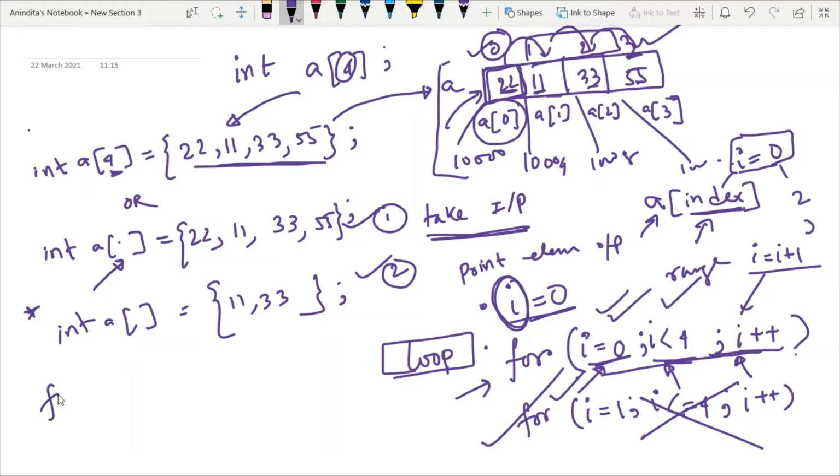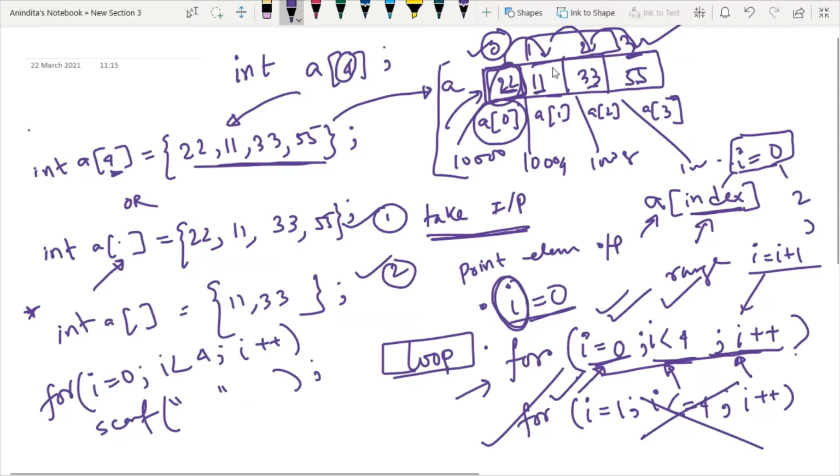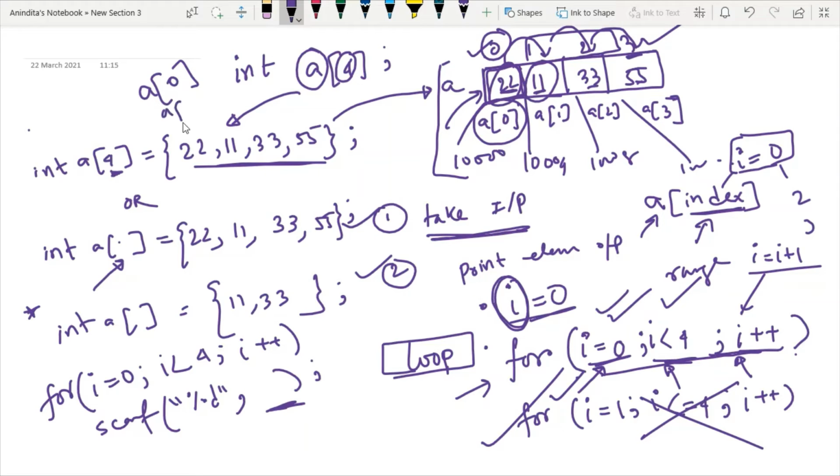Why are we traversing? We know that we have to take input from the keyboard. That's why we are performing traversal. So inside this for loop, we have to write scanf. We are using this function for taking input from the keyboard. Now the point is what kind of value we are taking. We are taking integer value, so our specifier will be %d, comma, and then where I should put this value, inside the array. And inside where? Inside a of 0, a of 1, a of 2 and a of 3.